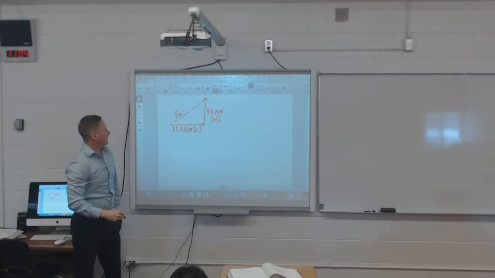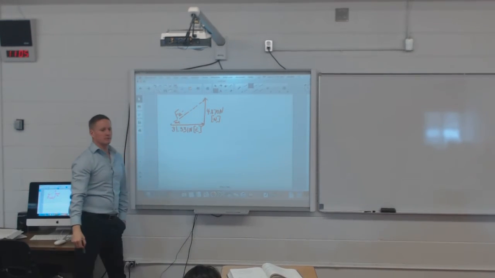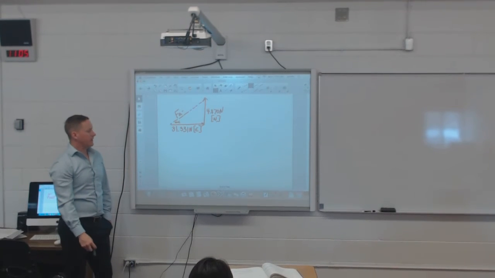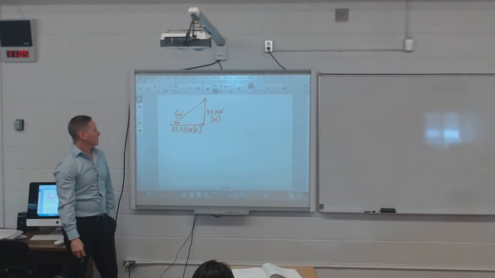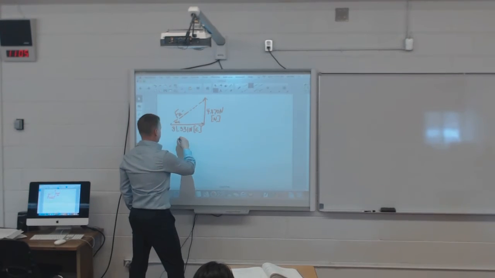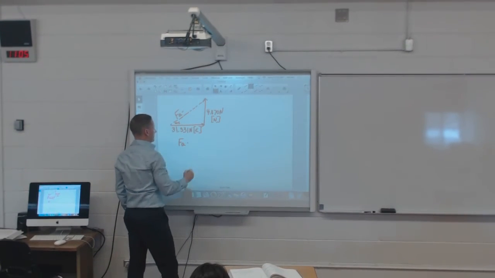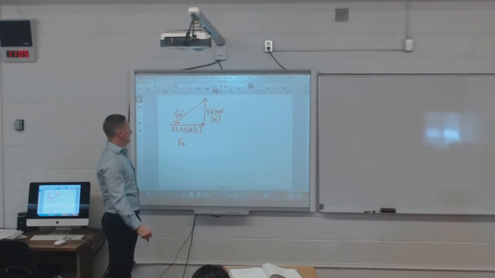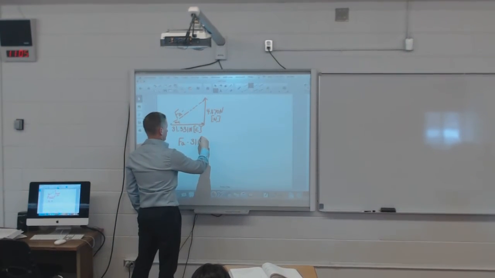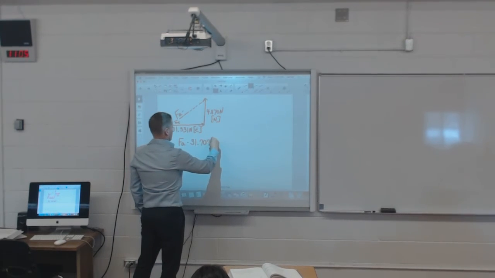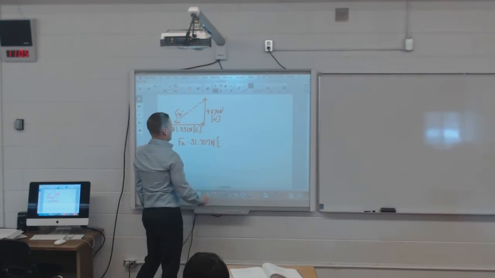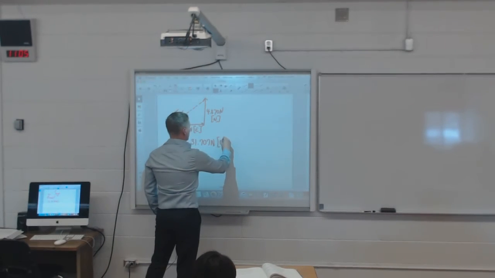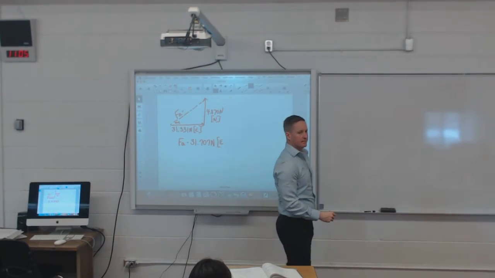Okay, all right, so again we just use Pythagoras' theorem and find the angle using tan. So what's their applied force? 31.707. Okay. And then I'm going east, and what's the direction?